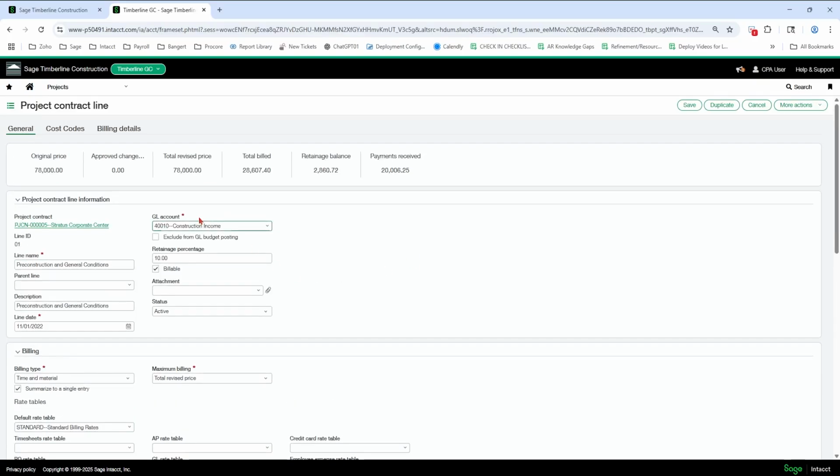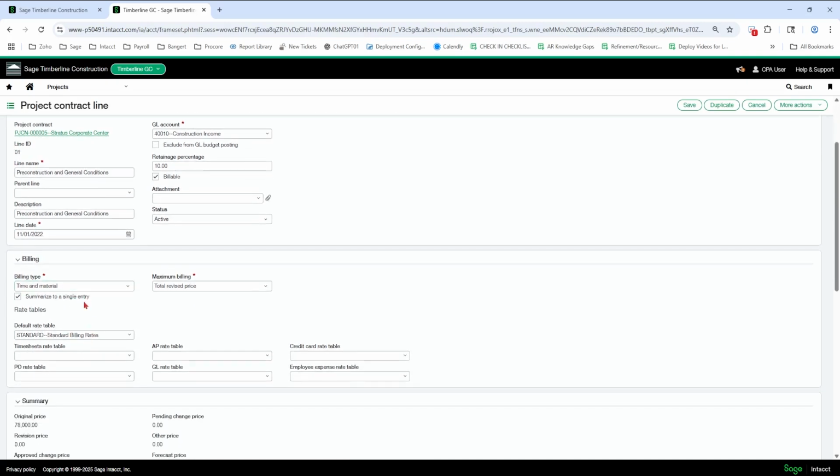Best practice, once you have generated a billing on a contract line, a billing on a contract, do not play around with this a whole lot. You might have a scenario where you get some errors. So I'm going to show it, but best practice is to not adjust a contract if you've done a billing on it. Okay. If you have a need to do that, jump on a Q&A with us, because there are some quirks to getting through that we'll want to show you. Okay. If it's possible even to do it. So it's very important to set these up out of the gate the proper way.